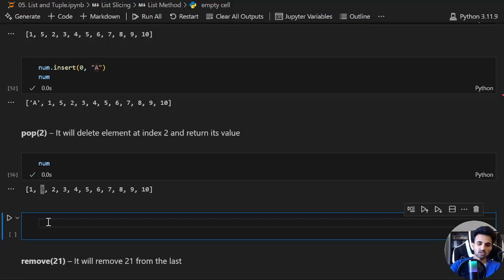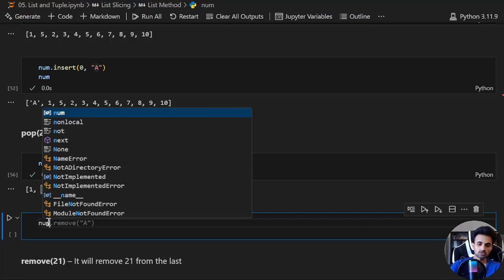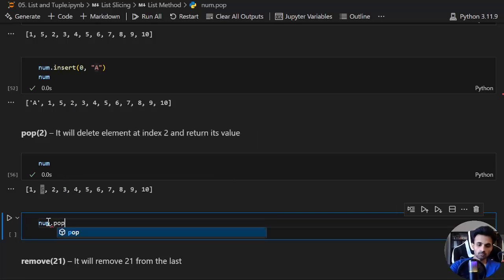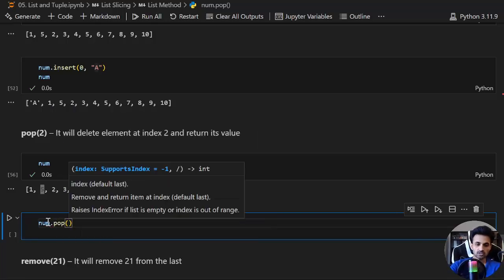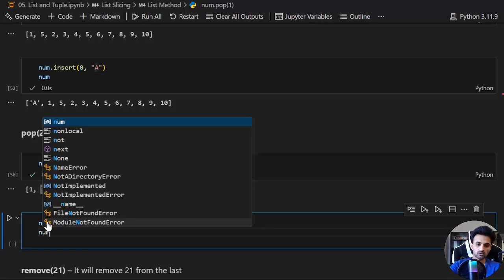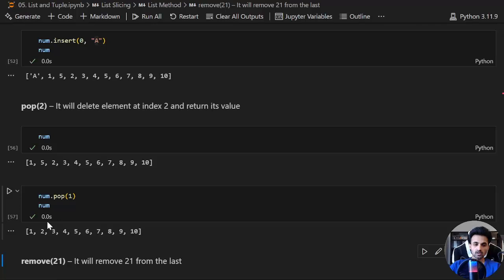As you know, at 5 we give index 1. So num.pop, and if I say that I want to remove 5 values, I need to define the index of 5 here. So if I run num, it will remove. So basically in pop you define the index here, and it will delete